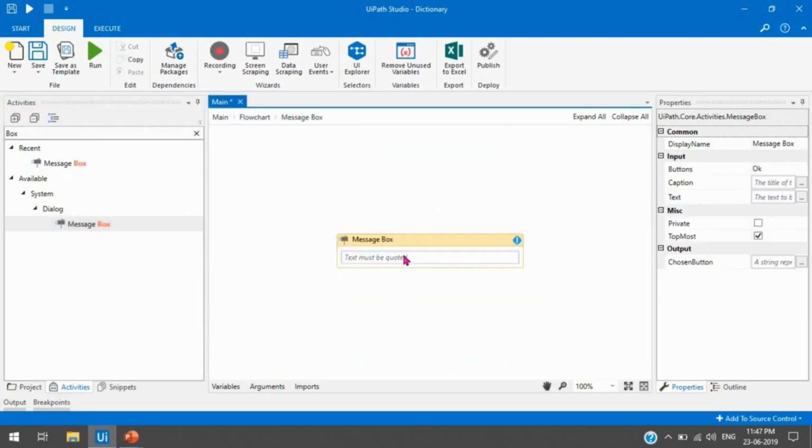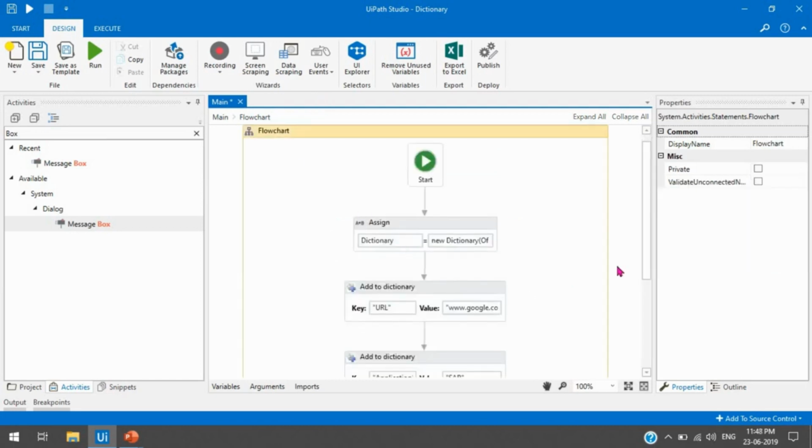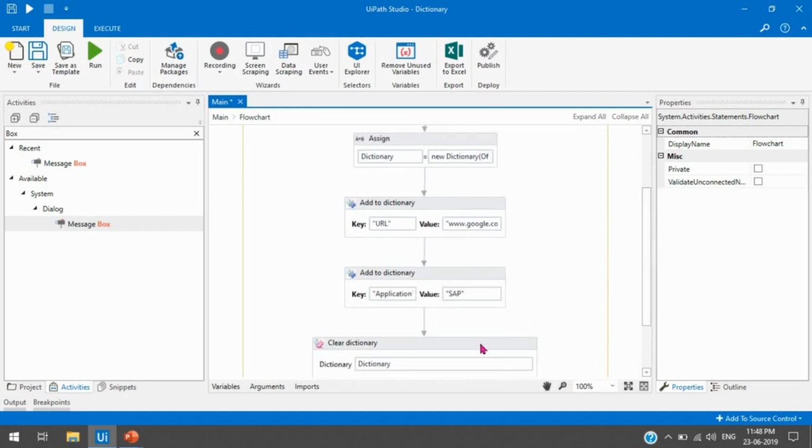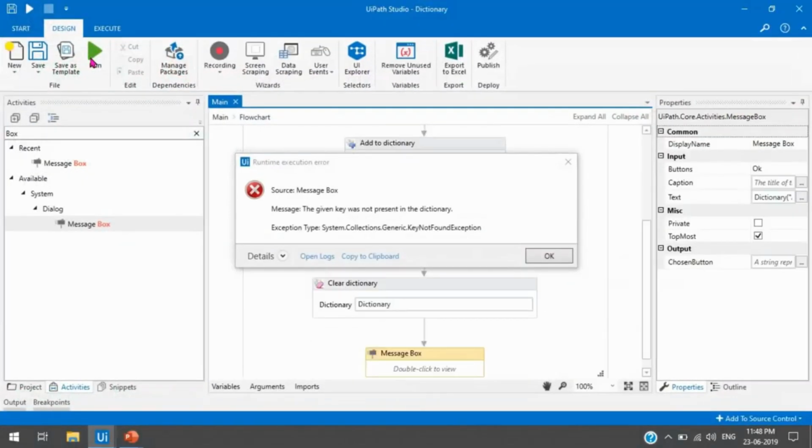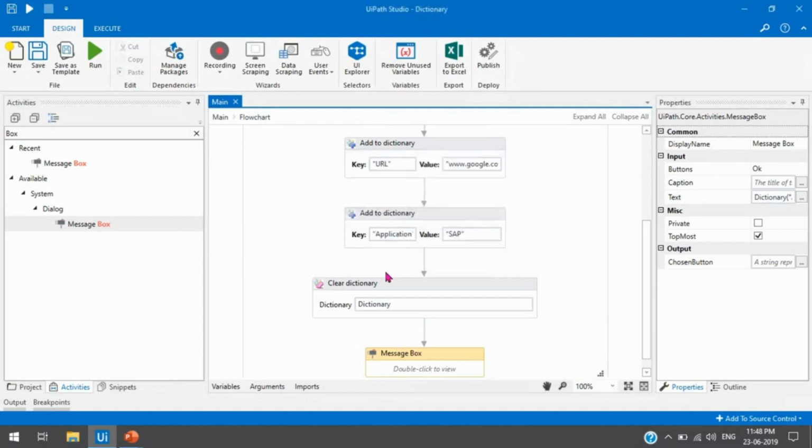I am just taking this dictionary and this application, so it will check if it is there. If the dictionary is not cleared, then it will show this SAP. If it is cleared, then we'll get the error. Here you can see we are getting this error: the given key was not present in dictionary. It means this key has been removed, and all these records have been deleted from the dictionary.